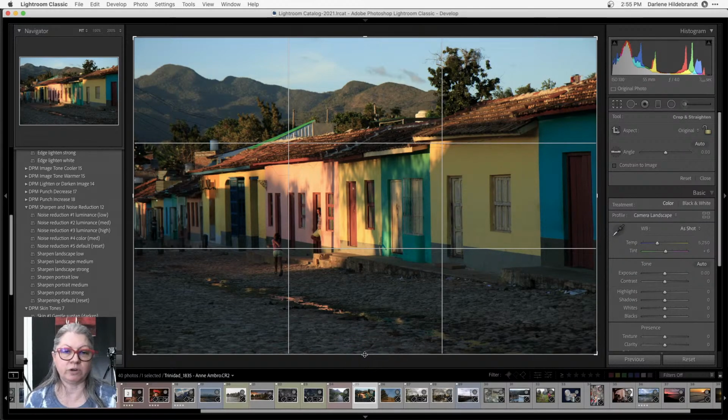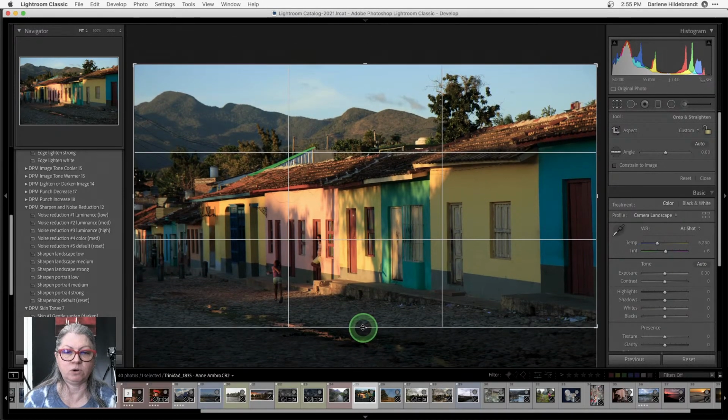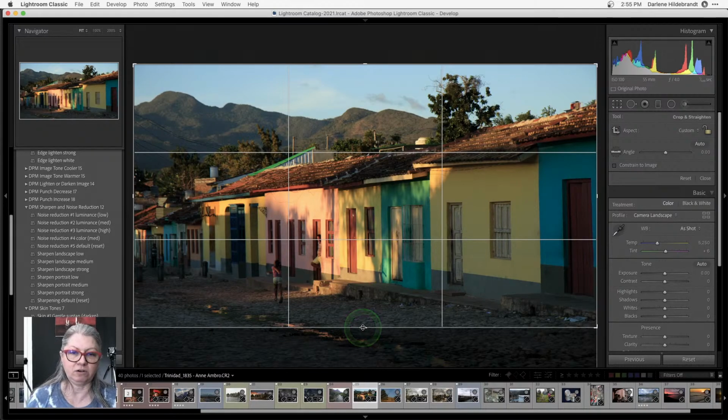It's not part of the story. It is in some effect because it's cobblestone, but we don't need that much of it. Okay, it's not that big a part of the story, and it feels like I'm a long ways away from these girls. So just by getting rid of some of the foreground, it brings them in tighter. Okay, and keep these things in mind that if you are cropping your images to 50% of the image all the time, you need to get closer, okay?